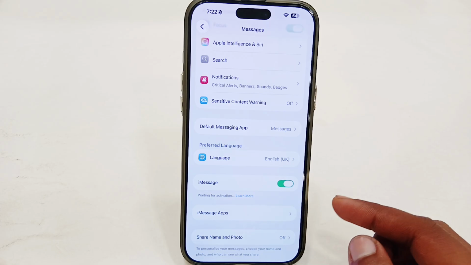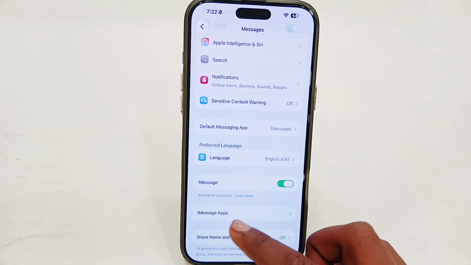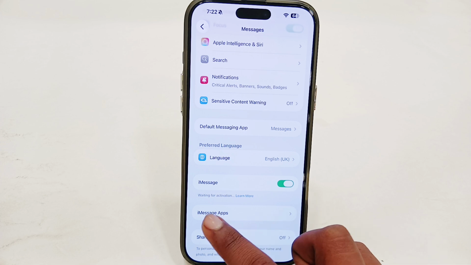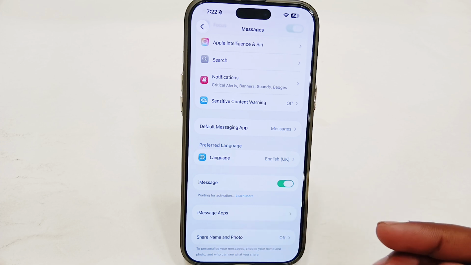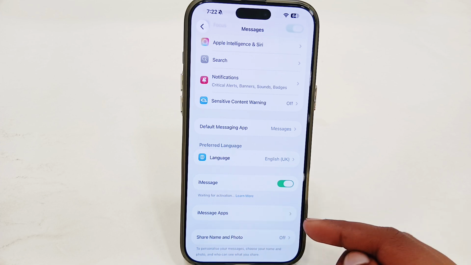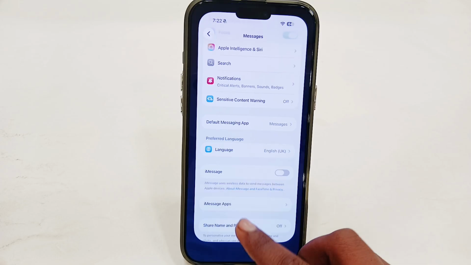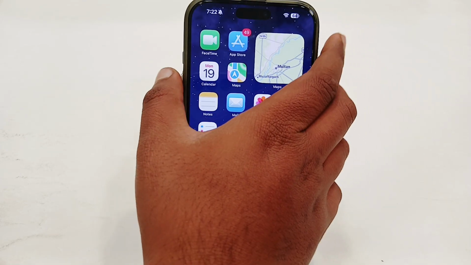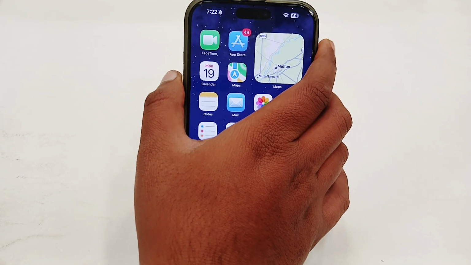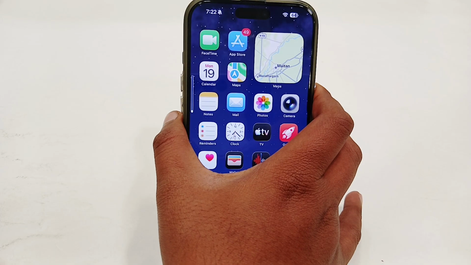Or if you see the error that your iMessage is stuck on waiting for activation, try to make a force restart of your iPhone. So just disable this, then go back and try to make a force restart. Now to do this quickly, press and release the volume up, then volume down, then press and hold the power button